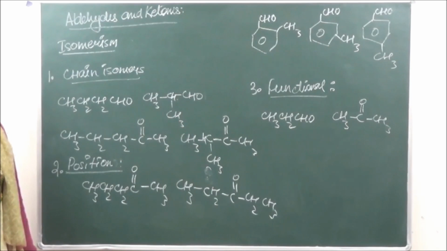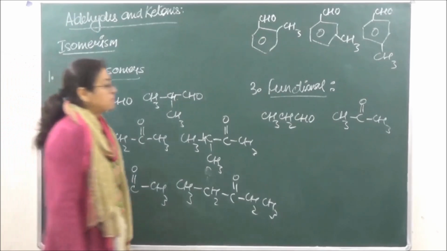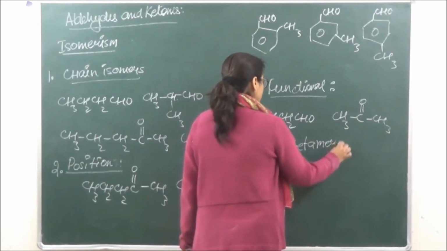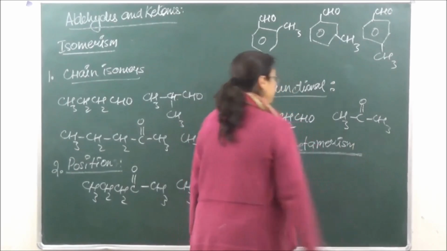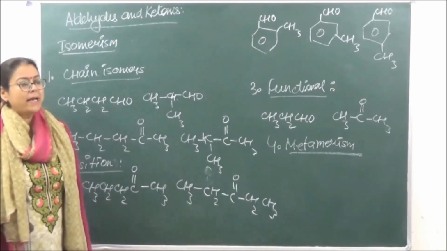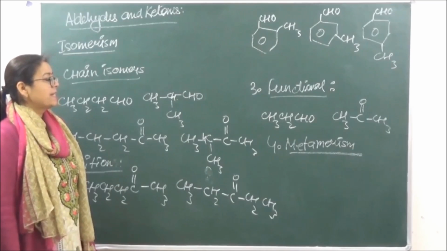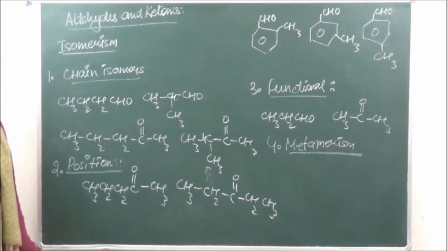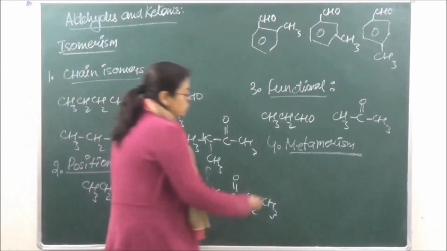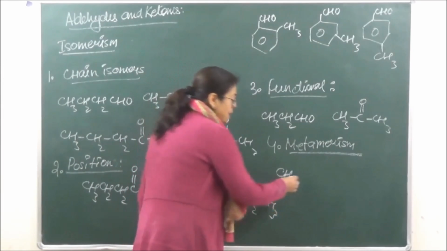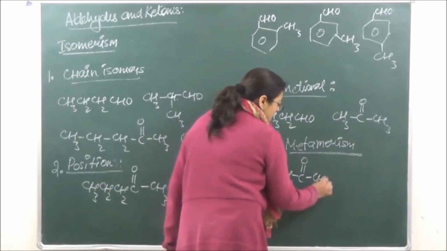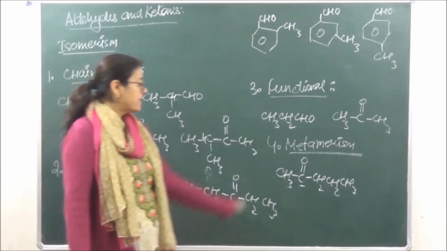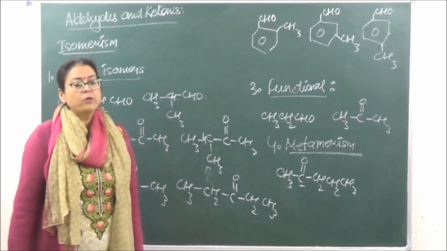ठीक है. Then the last one which we are going to do, that is metamerism. Metamerism is only shown by ketones. इसपे बेसिकली क्या होता है कि the number of carbon atoms on both sides of keto group is going to be different. So if we have this kind of a position isomer only, but इसको हम मेटा में बनाते हैं. We have C double bond O, CH2, CH2, CH3. So you can see कि इस keto group के एक side there is one carbon atom and on the other side there are going to be 3 carbon atoms.